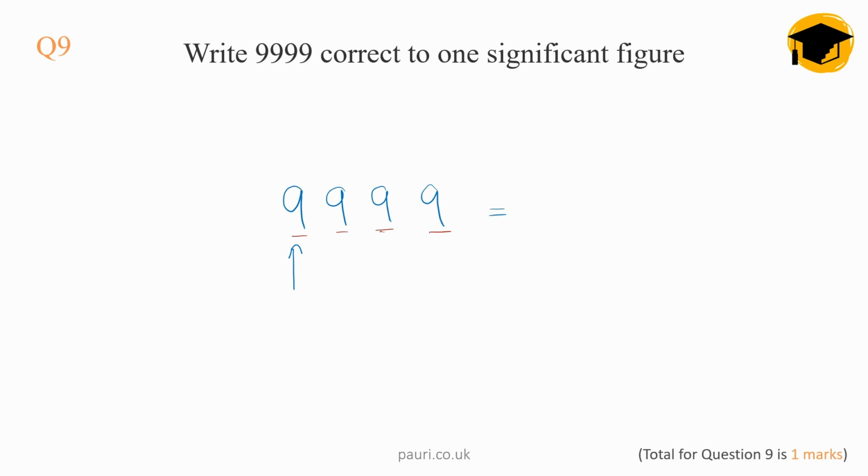I can't round up 9 into a normal number, so I need to then round all the way up to 10. So my final answer here becomes 10,000. And that makes sense because I've got one significant figure over here, which is the 1, and my answer is correct to one significant figure. Next question,